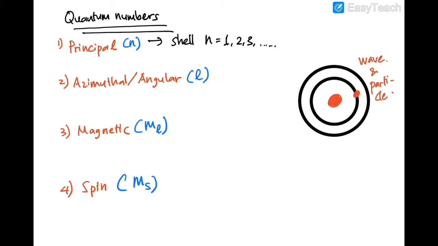And this is what we call Heisenberg's uncertainty principle. So we cannot pinpoint exactly both the position and the momentum of an electron